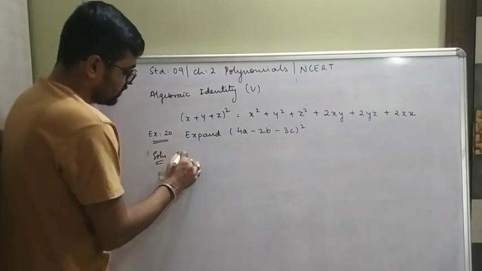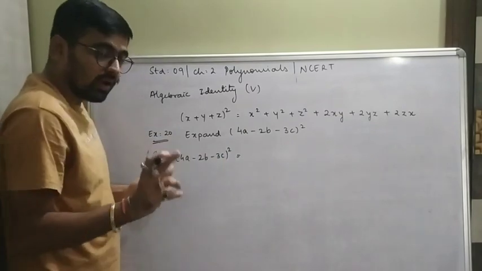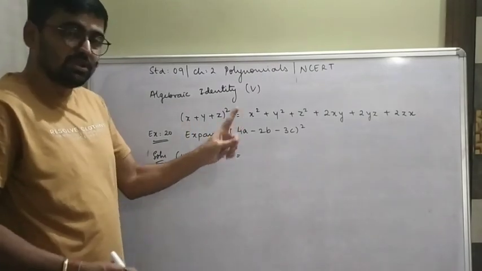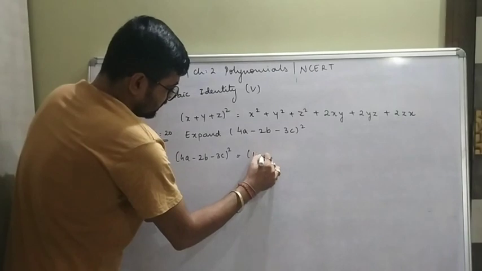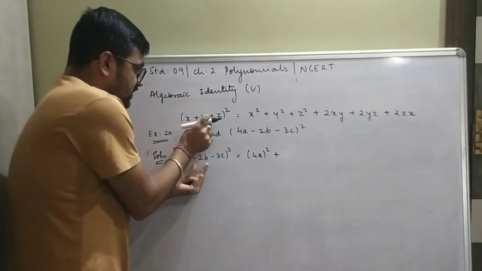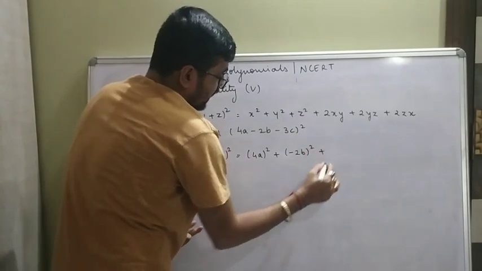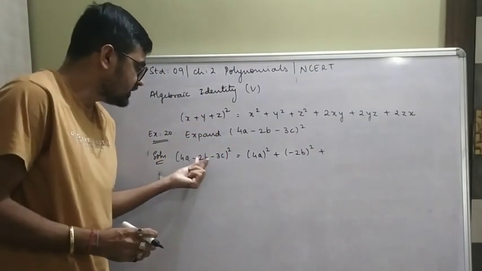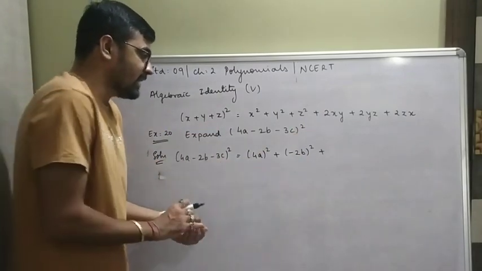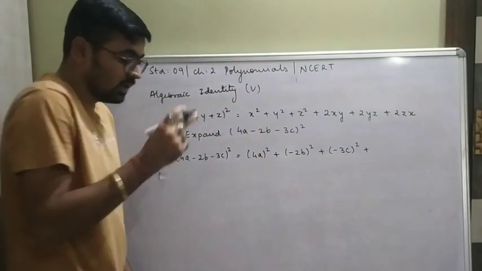So what we are supposed to do is expand this. Correct? How will I do it? As per the formula, we are going to take the square of individual terms. Now here the first term is 4a. The sign will be the same, plus. Now if you observe here, instead of y it is minus 2b, so I will write minus 2b whole square. Are you getting me? Instead of y it is minus 2b, so I took minus 2b whole square. Instead of z it is minus 3c, so I will write minus 3c whole square plus twice